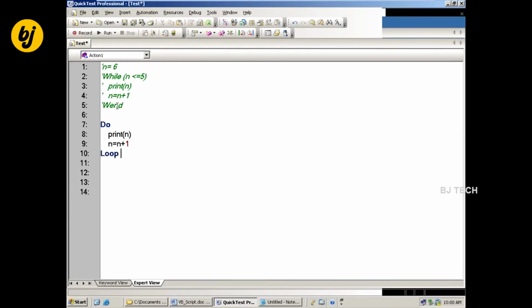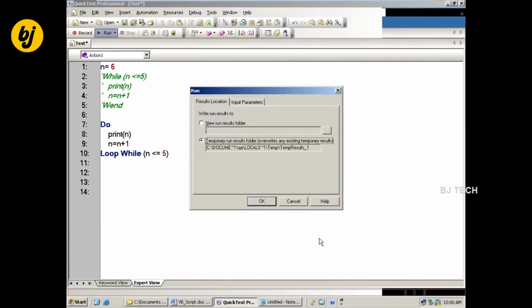Do while n less than or equal to 5. So here I give the n value as 6. Now what happens? It comes here, there is no expression to check, so it executes this, increases the value, and before going to the next iteration it checks the expression. The condition is false, so it won't go for the next iteration.